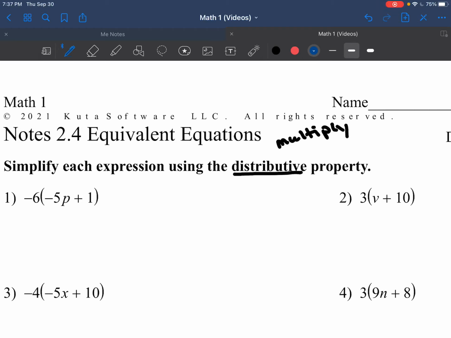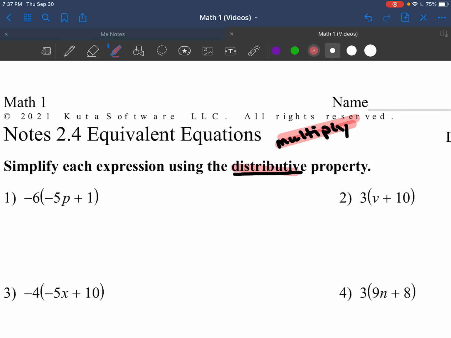Okay, so notes 2.4 equivalent equations. Your homework will be on this as well, this page here. So our first 12 problems, we're going to simplify each expression using the distributive property, and the distributive property means we are going to multiply. It's just a fancy way of saying multiply,